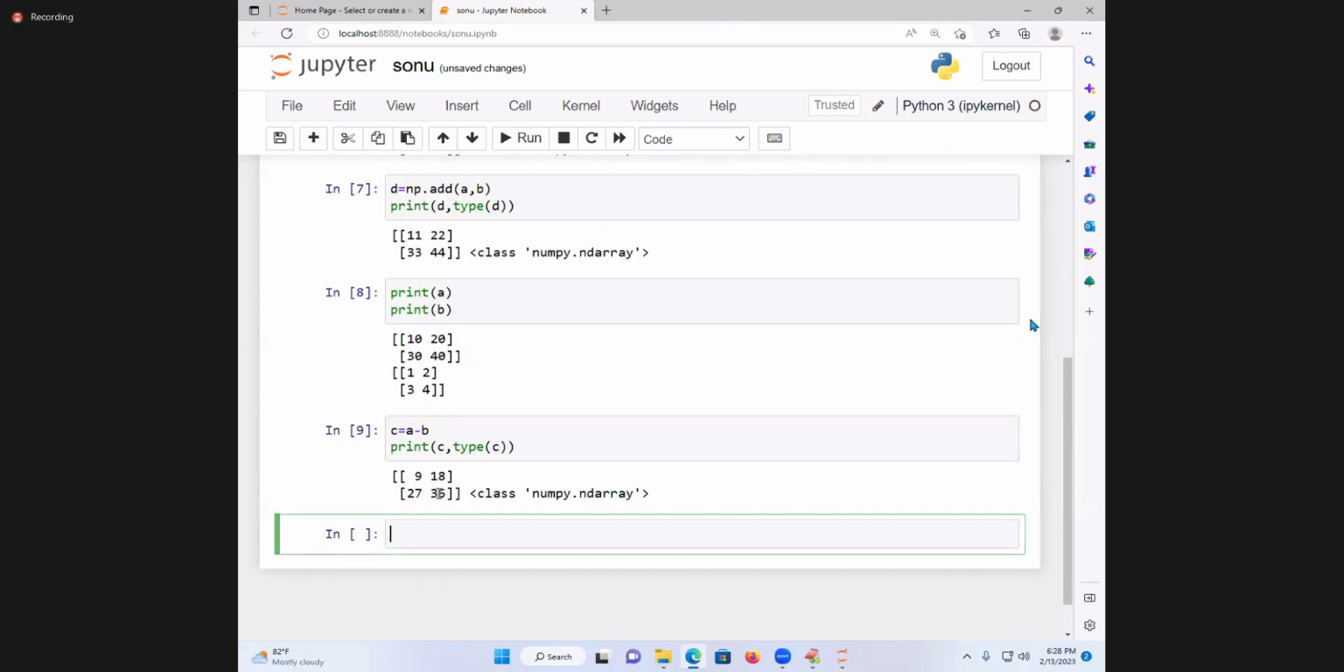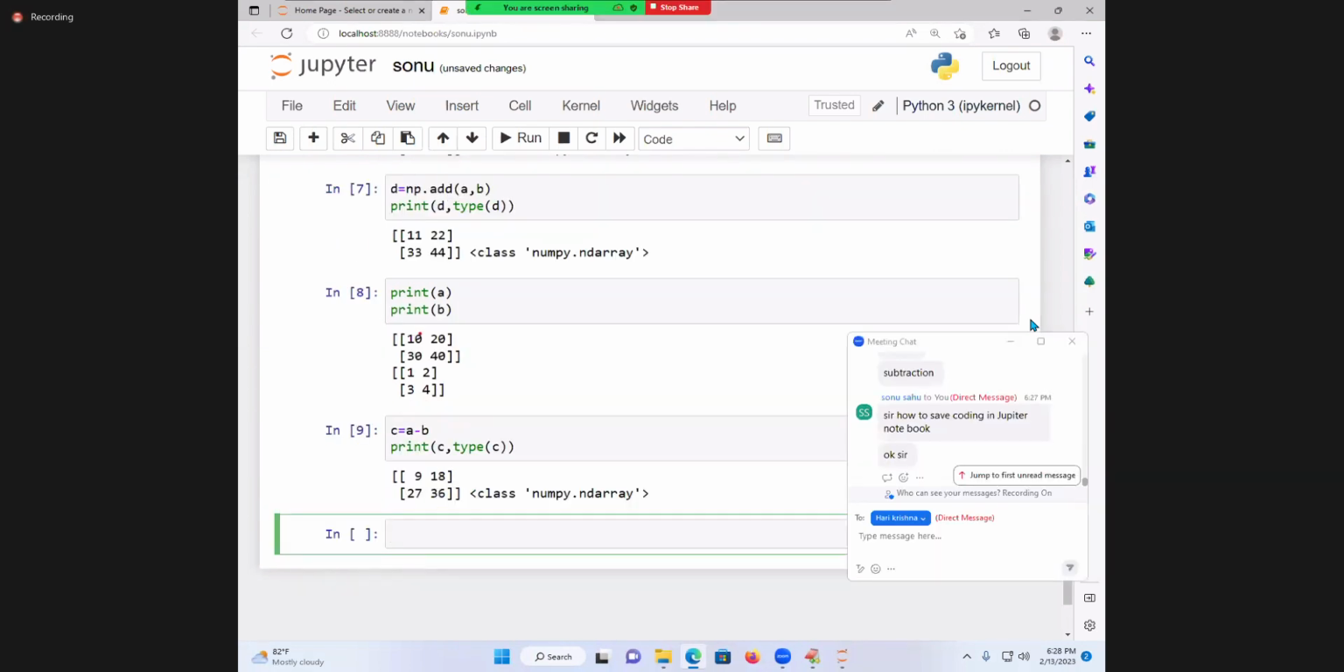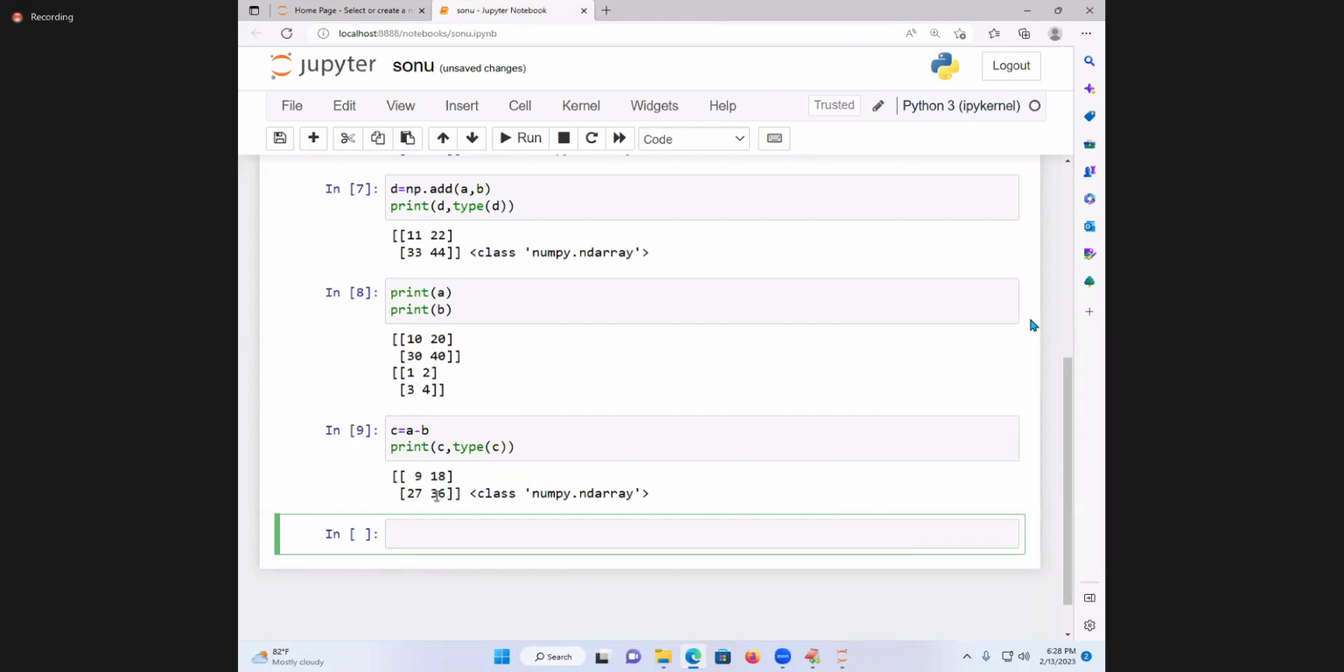Subtraction, element wise subtraction is coming. 10 minus 1, 9. 20 minus 2, 18. 10 minus 3, 30 minus 3, 27. 40 minus 4, 36. Understand my point? Next, D is equal to